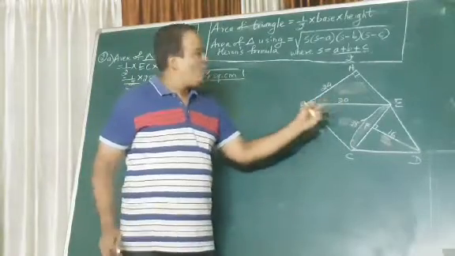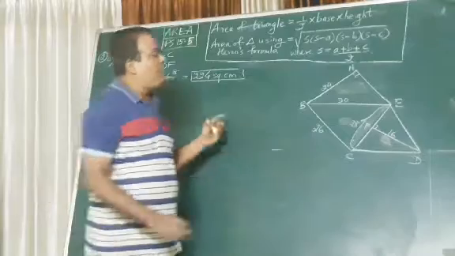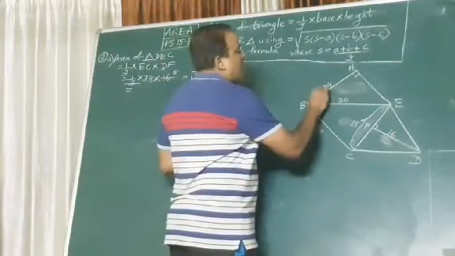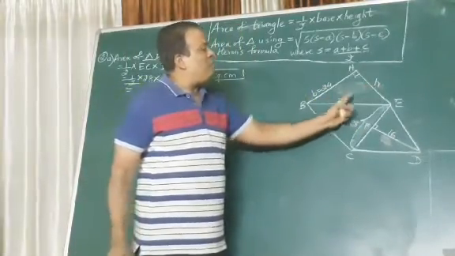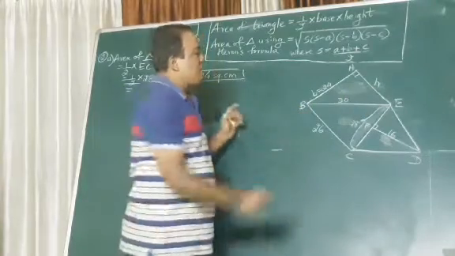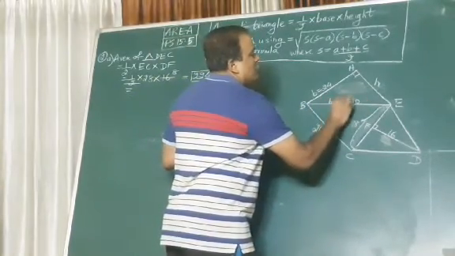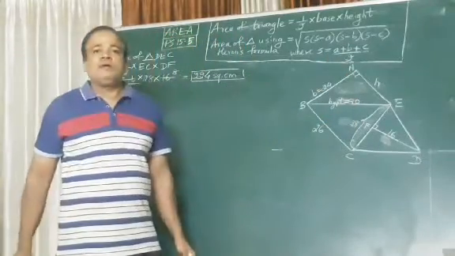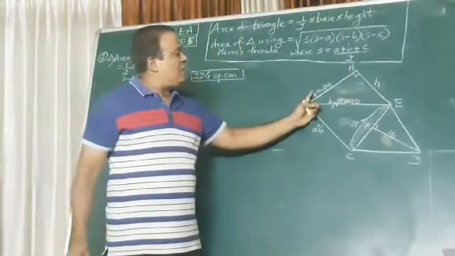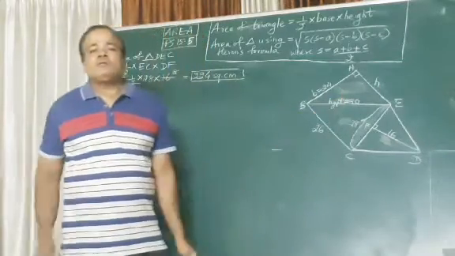This is the base and this is the height, or this is the base and this is the height. But the problem is, if I take this as the base and this as the height, I know the hypotenuse, but I don't know the height. See, this is the hypotenuse. This 30 is my hypotenuse, right? Why? Because it is opposite the 90. But if this is the base, then the base is given, and I don't know the height. So how will I get the height?